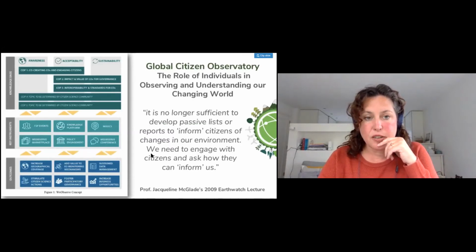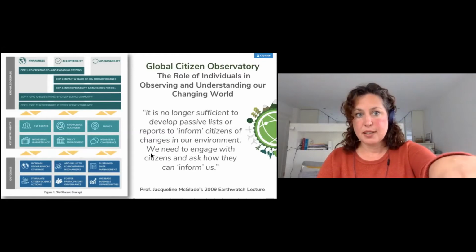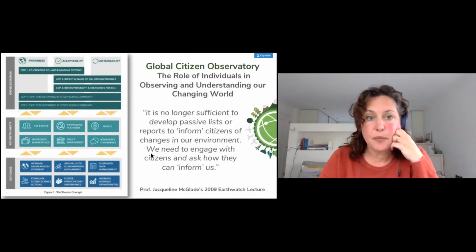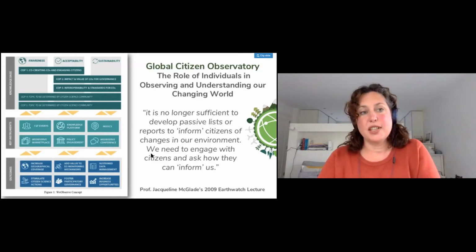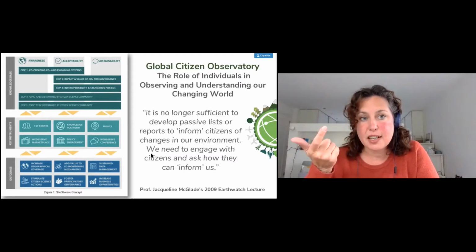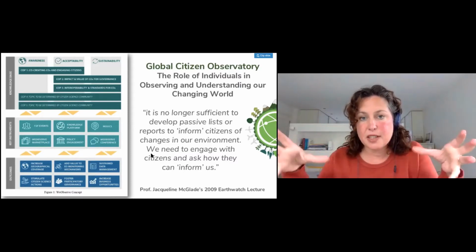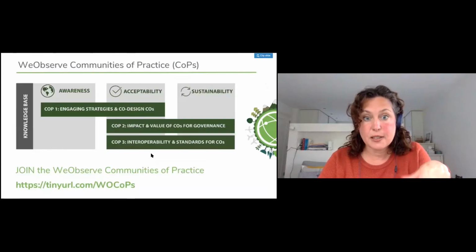But in that graph to the left there, you can see three columns: awareness, acceptability, and sustainability. And that's what we've identified in this project as being the main challenges towards citizen observatories and how they operate. So awareness of that method of collecting data, the acceptability of that data being put into use, and then the sustainability of the citizen observatories themselves. And that's something that I'm doing a lot of research on within that project.